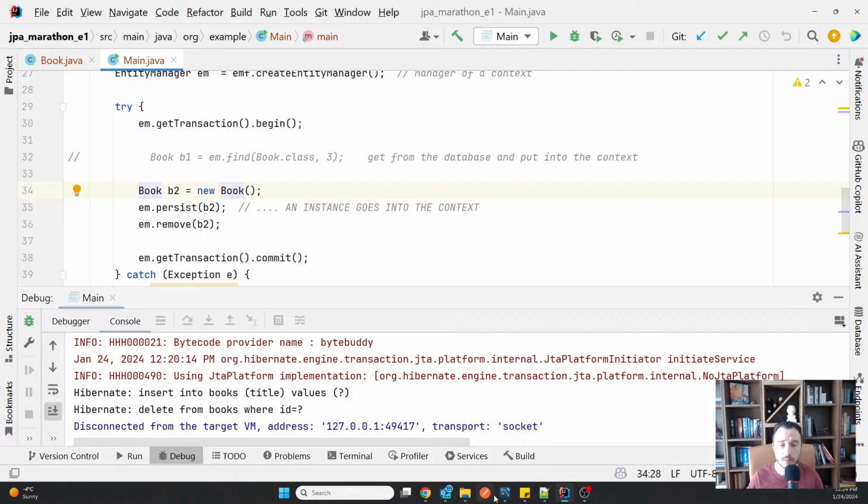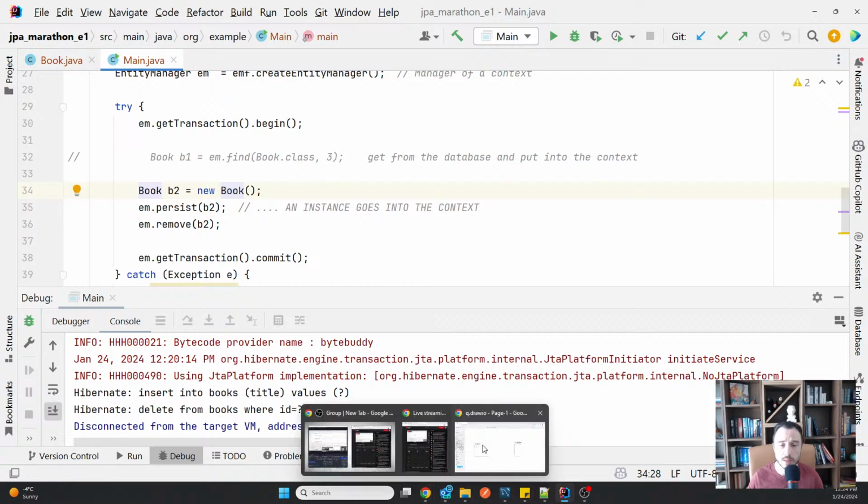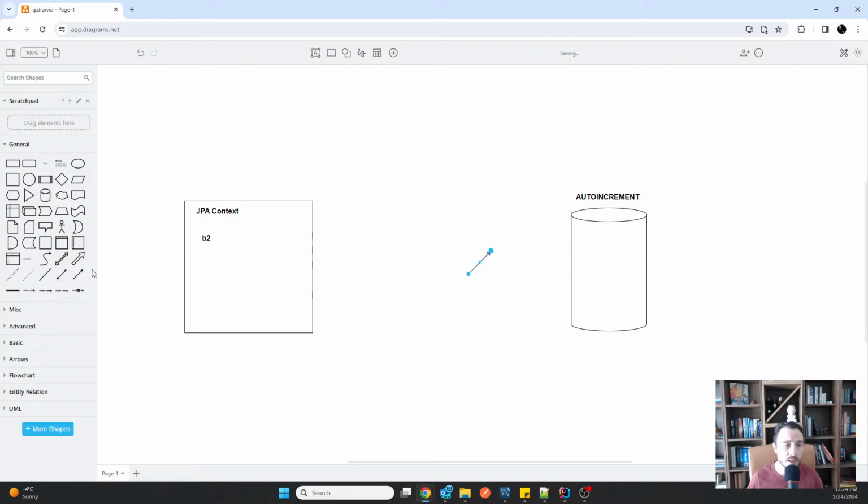And Hibernate is smart and it knows that. And because it knows that, even if this is a persist which might be followed by an operation that removes this, it's forced to go to the database and ask the DBMS, hey, please persist this in order to get me an ID. So the only reason why in this specific case the persist happens before is because there was no way for Hibernate to get the ID. So here it is. It got the ID.